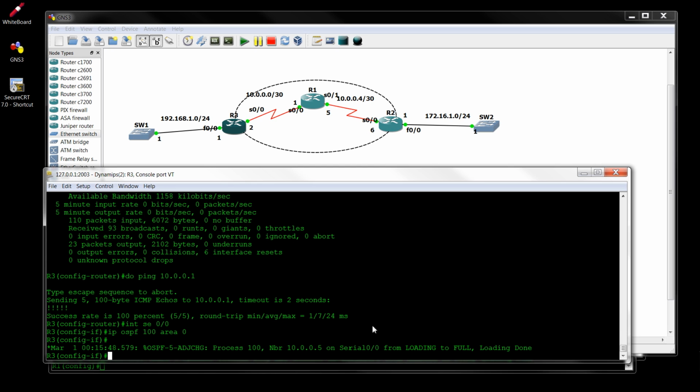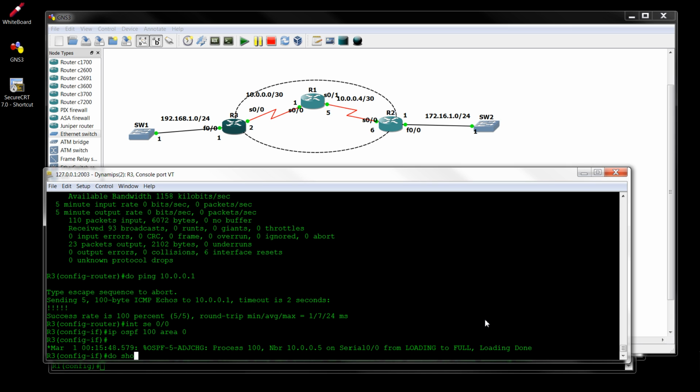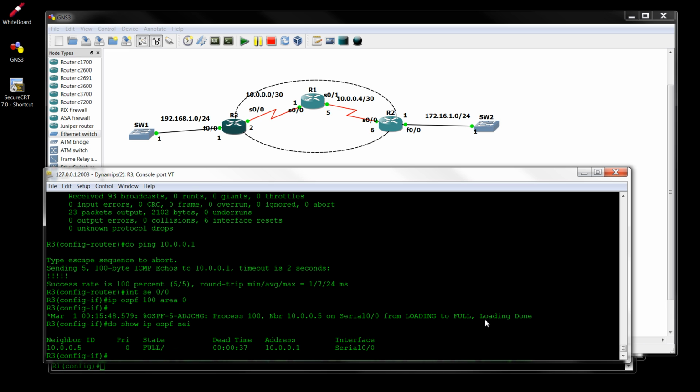We can see that neighbor has come up from loading to full. OSPF has a process which starts with init, then loading to full neighbor relationship. At this point we can see OSPF neighbors by issuing the command show IP OSPF neighbors, and sure enough we have formed neighbor relationship with router 1,